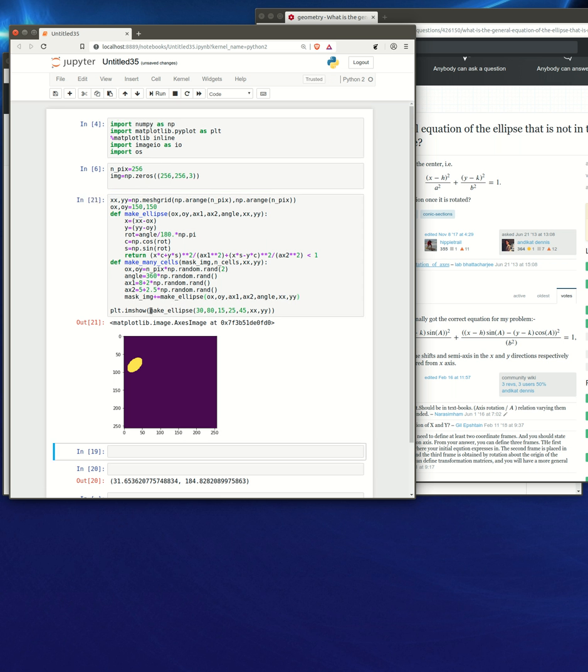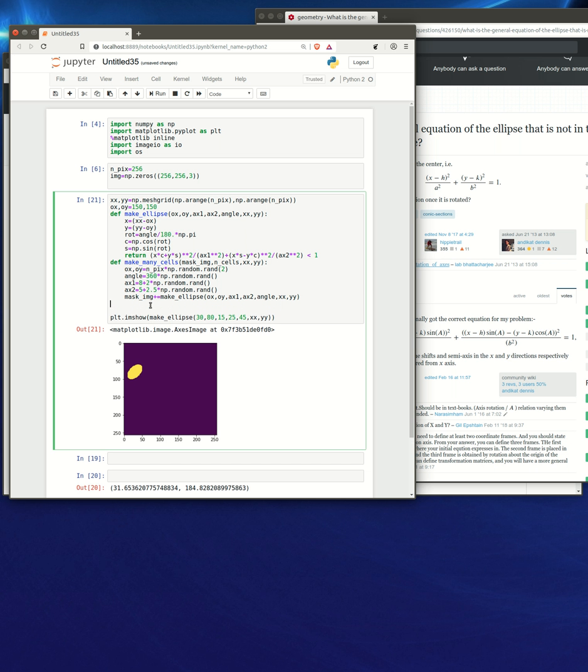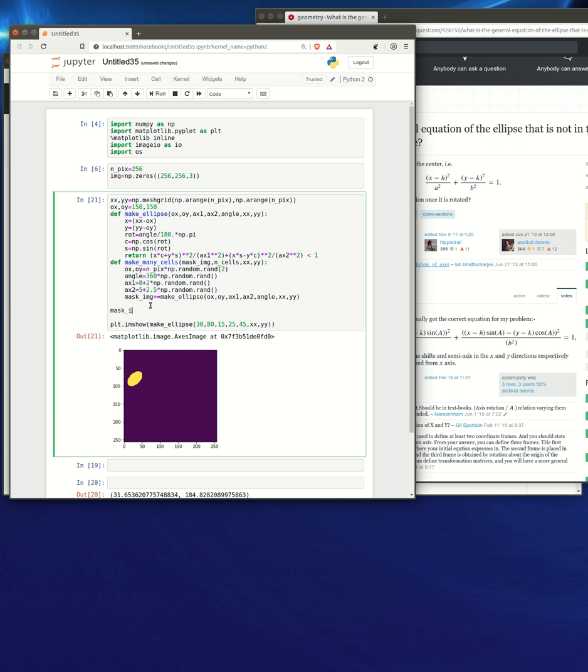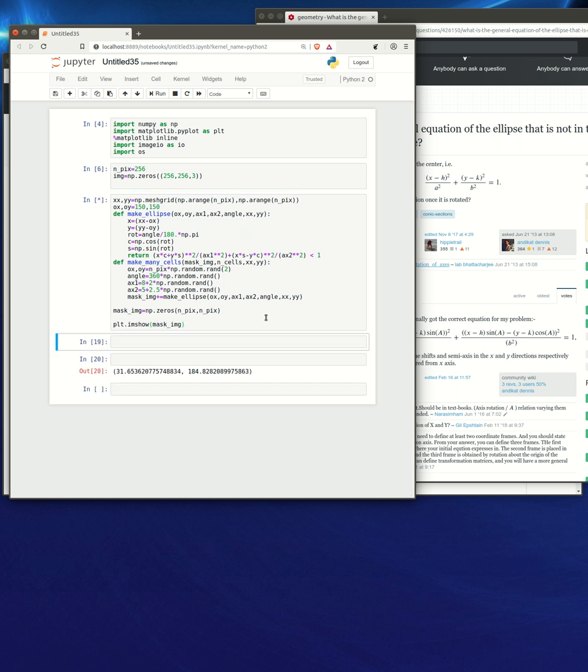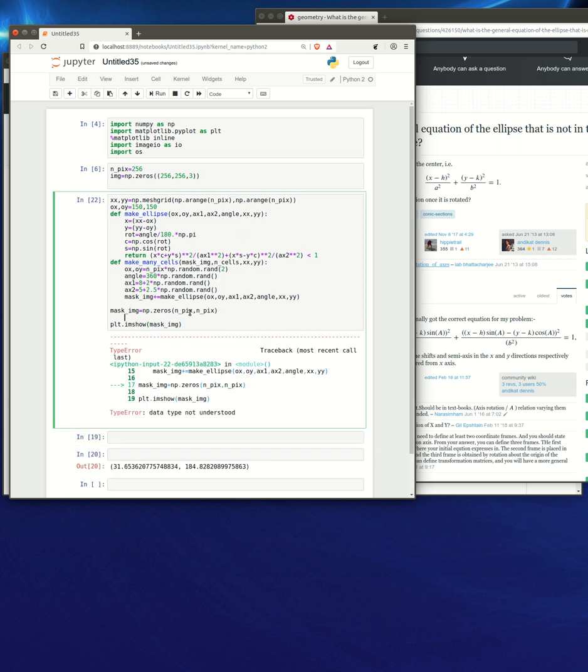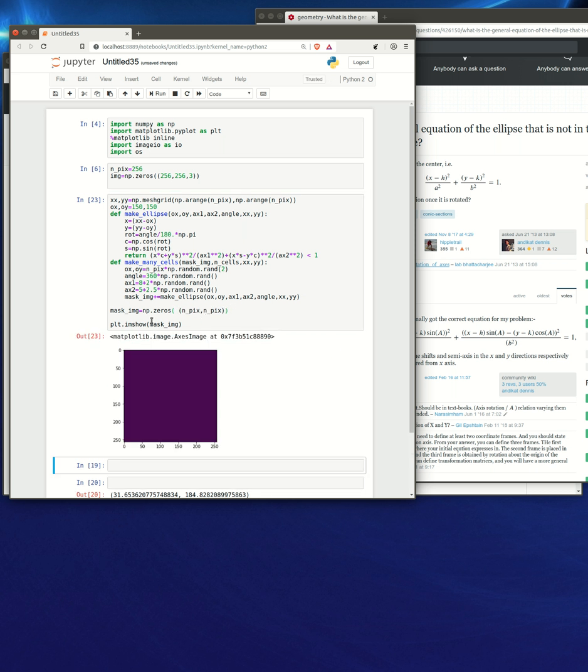We see that we should be able to here just define a mask image, and of course if we just plot the mask image, nothing happens. But now if we say make many cells mask image, let's say 15 cells,